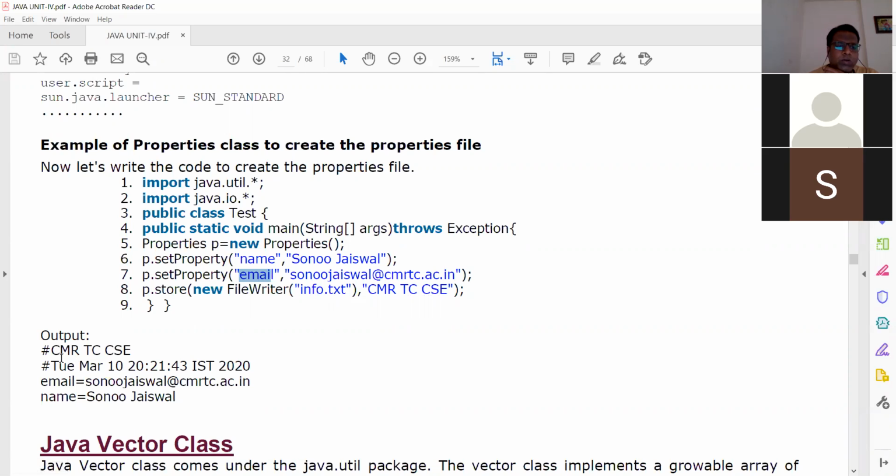Now it is going to print CMRTC CSC and today's date, time, and everything. And email is Sonu Jaiswal and name is Sonu Jaiswal. It is stored as a table, and in that format only it is going to insert. Is it clear? I will show you the example also in the same way.